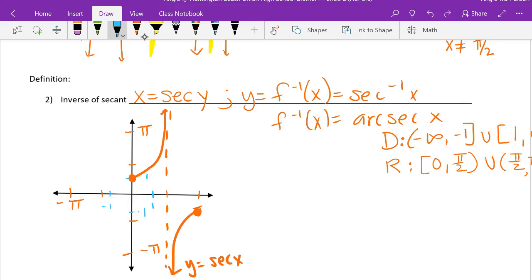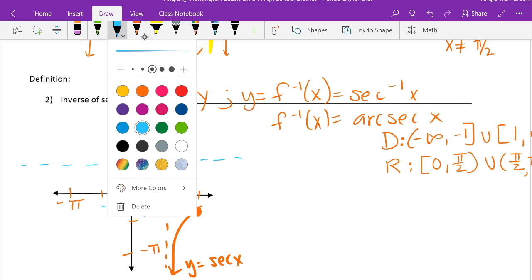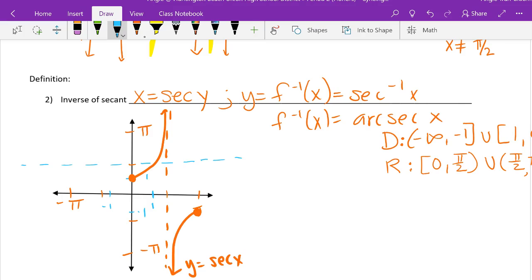So blue, let's start with the asymptote again. Where? y equals, right? y equals half. Okay. Dots. Where should we put the dots? 1, 0. So 1 is here. 1, 0. Okay, yeah, 1, 0. What else? Negative 1, pi. Right? Now, if you are unsure of what direction you're going,